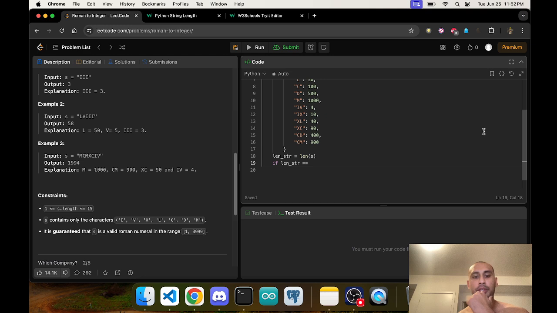So I know for sure I'm going to get the right answer. So if the length of the string equals 1, then